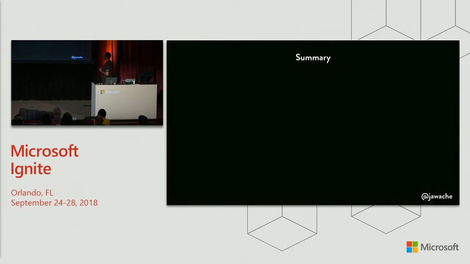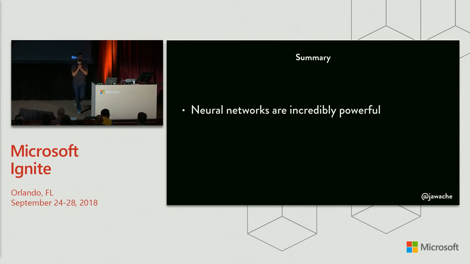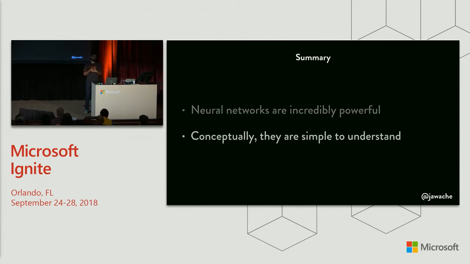So, to summarize, what I just really want to get across is that neural networks are really, really powerful. And a lot of the APIs that we have were built internally using neural networks, trained up internally. At least I think, because we're not told, because it's proprietary. But from all accounts, it's built using neural networks. The other thing I wanted to get across is that conceptually, they're actually quite simple. I explained the basic case to you in like 5 minutes, right? There are far, far more complex examples, but the basic understanding you can get pretty quickly.